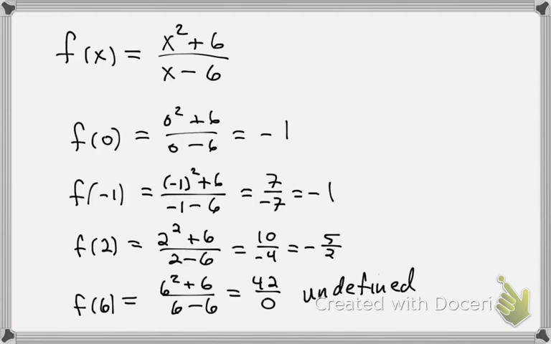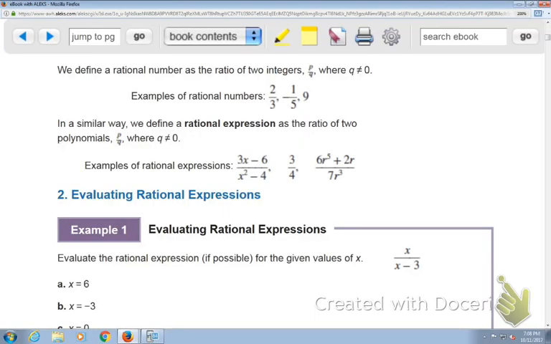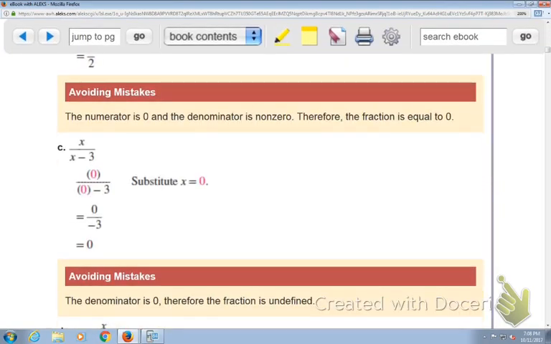So functions always come with what? Domains, right? But what did the domain represent? It was the x values. Basically, what x values can you plug in? That's its domain, right? Do you see that we have a domain issue here? Could I plug in 6 to this function? No, it came out undefined, right? So we get the first restriction